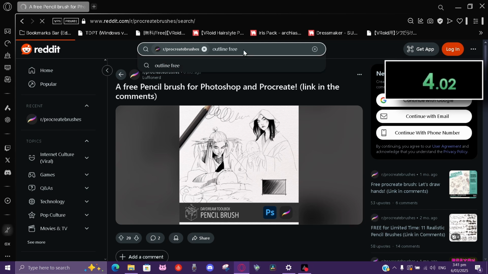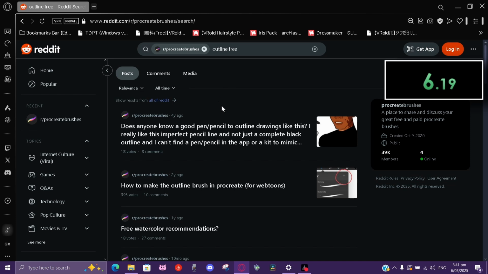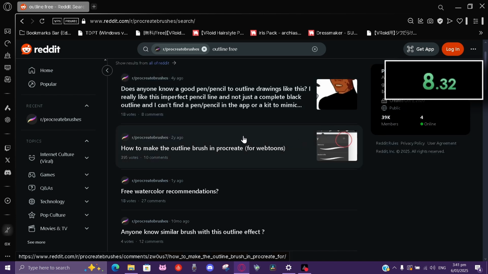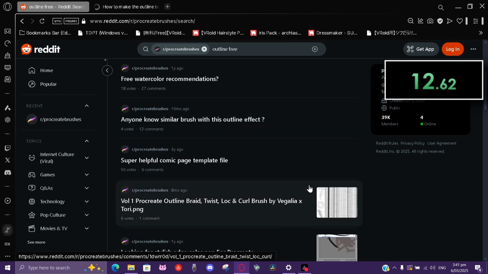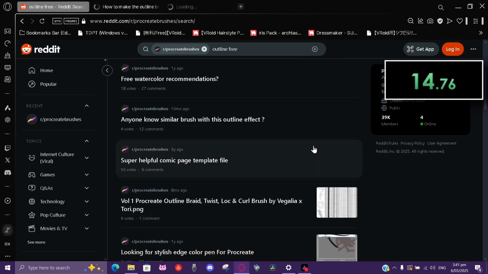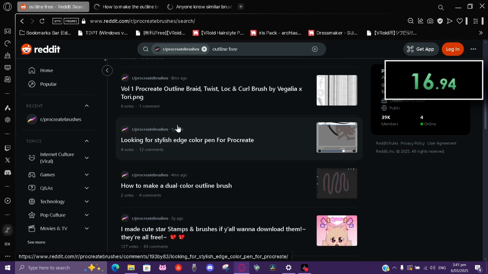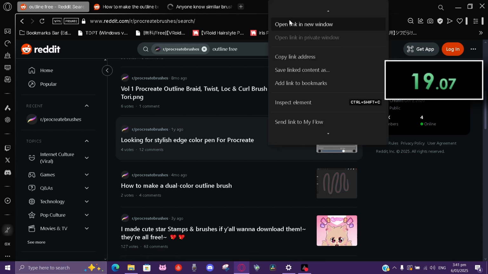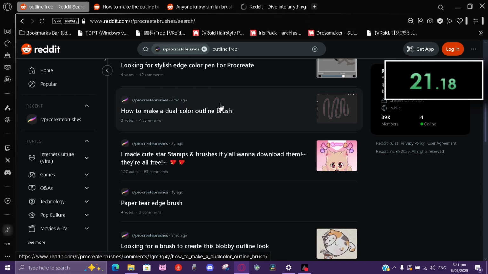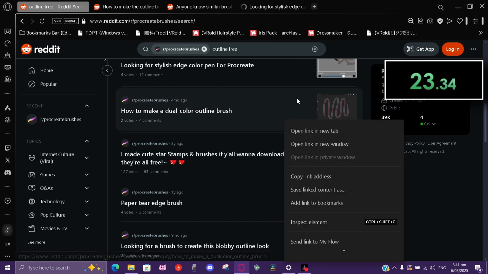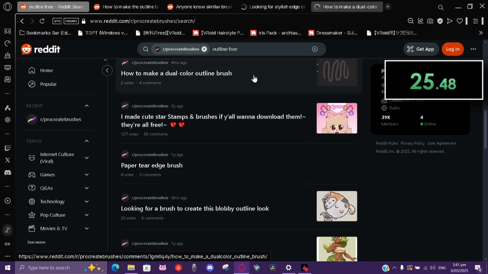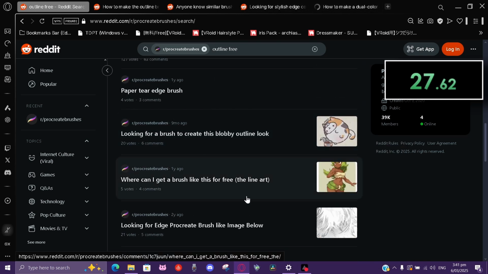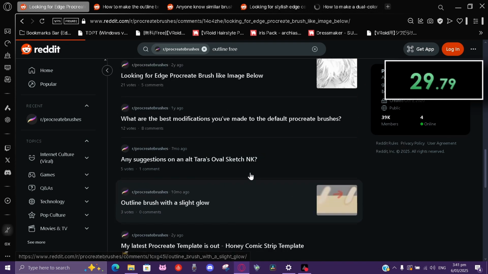Outline free. Good pen, outline brush, and Procreate for webtoons. That's probably just going to be a tutorial. Outline effect, okay. Stylus edge, color pen. I think I've seen this thread actually. Dual color outline brush, that's one, this is cheating, technically, because this is one I have suggested for, because I have one for that, but if we find one,